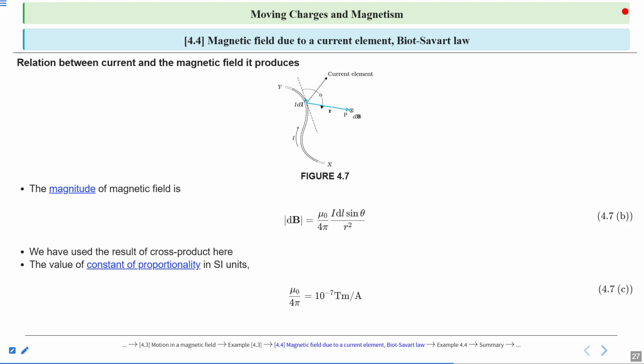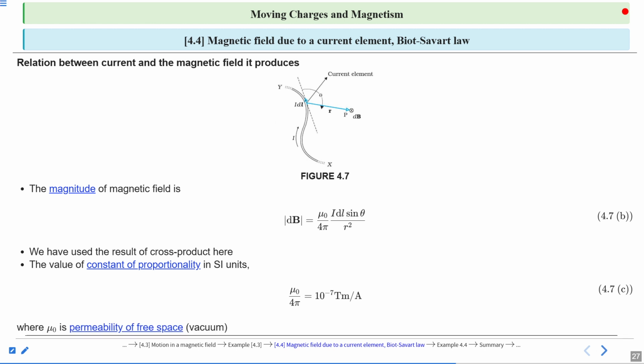Okay, so that is the constant of proportionality and that is its value, 10⁻⁷, and its unit we can find using the above equation 4.7b. If we rearrange this equation, it will become dB r square upon I dl sine theta. So dB has unit Tesla, r square is meter square, upon ampere meter, and one meter will cancel out from meter square, so it will become Tesla meter per ampere. So mu naught upon 4 pi is equal to 10⁻⁷ Tesla meter per ampere. Mark it as equation 4.7c,